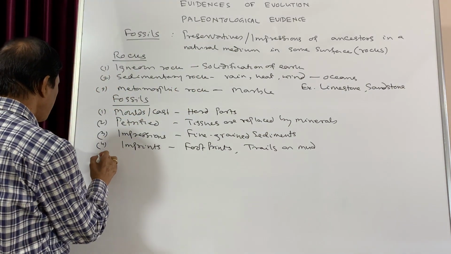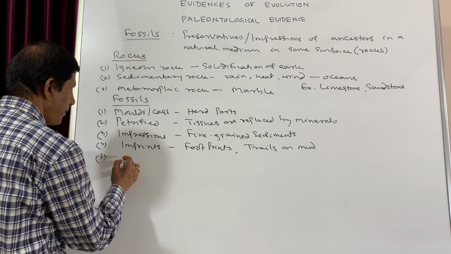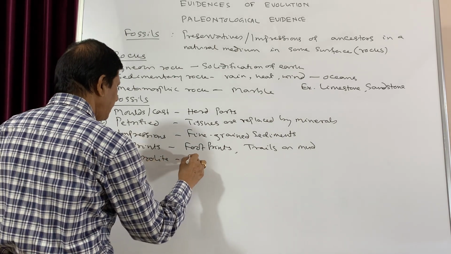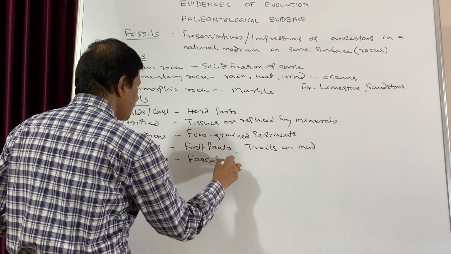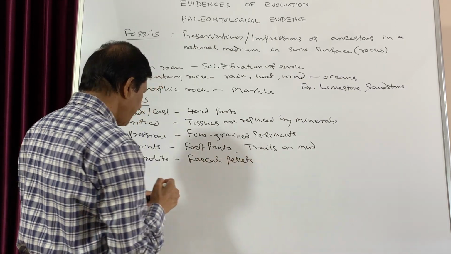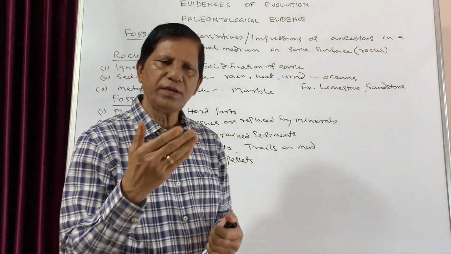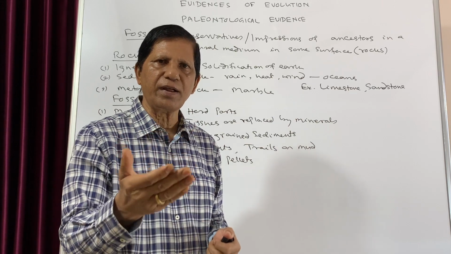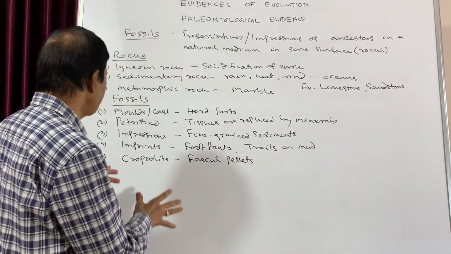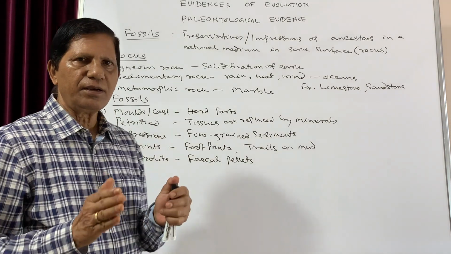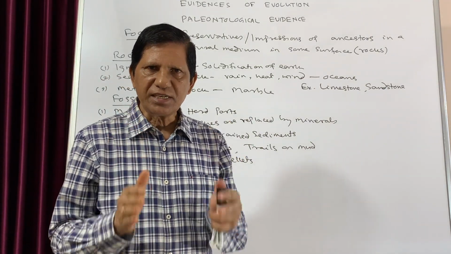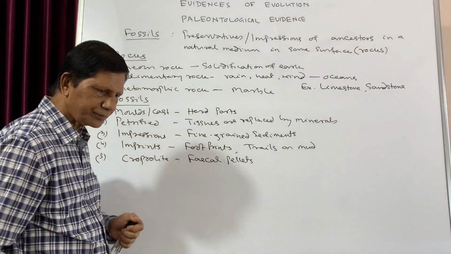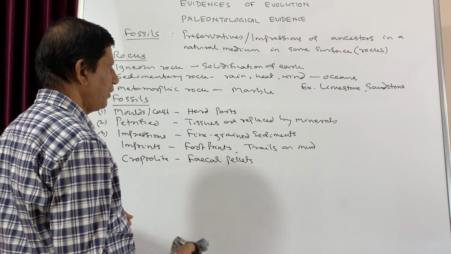And the fifth type is coprolites. These are usually the fecal pellets. So the fecal pellets also are converted to fossils, and from that we can guess what type of organism it was. So these are the different types of fossils, and when we are discussing the fossil evidence, we must know the different types of fossils as well as the rocks. Then the next point that we will discuss is